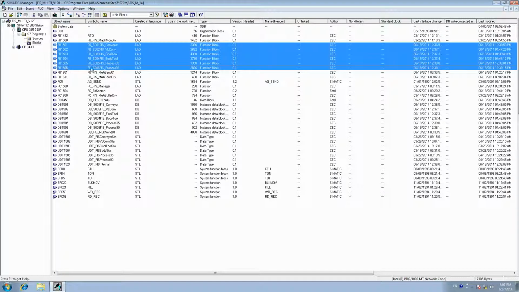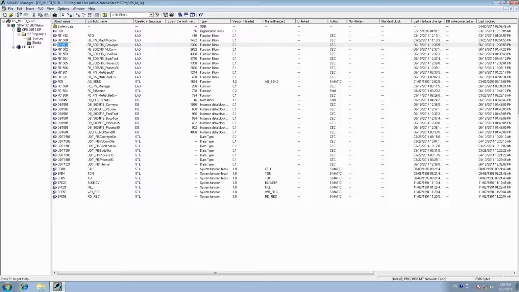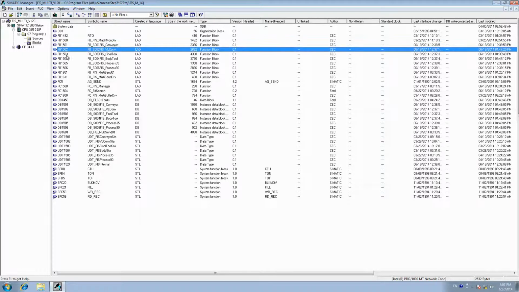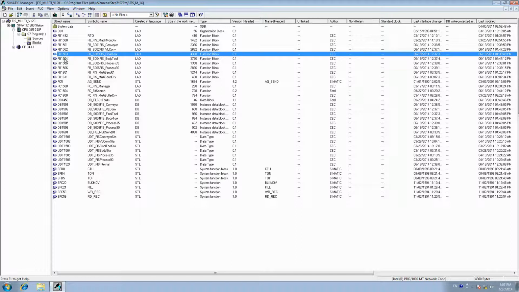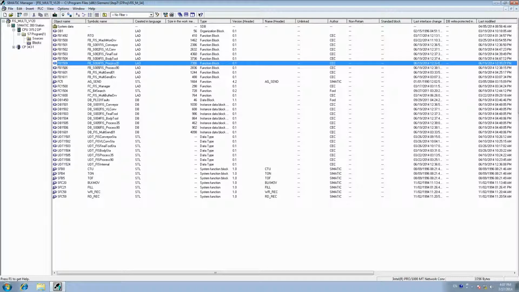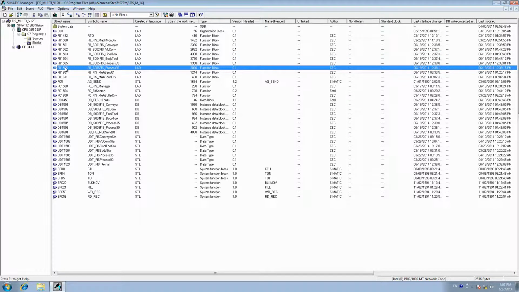These 6 function blocks here, 1501 to 1506, are the 6 different asset types. We have a conveyor, vertical lift conveyor, final tool, body tool, process 35, and process 90. Each of these 6 assets